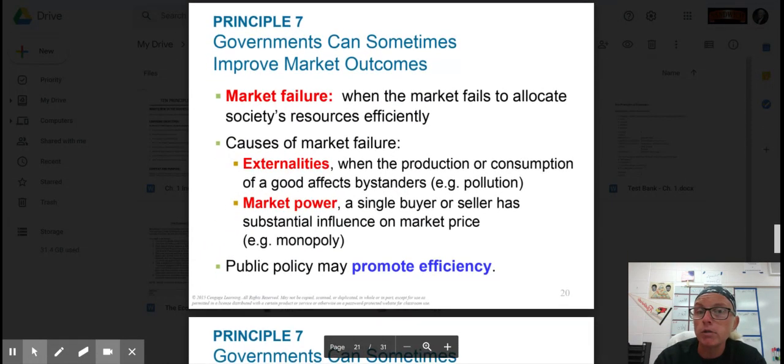Another way they can get involved is to correct market failures. The two market failures that I'm looking at are bad externalities like pollution, or when there is a monopoly. The easiest example is the Gilded Age monopolies like Rockefeller, Carnegie, Ford, Vanderbilt, where they had monopolies over certain industries, and the government stepped in and said, you can't do that. You're abusing that. That's called crony capitalism, and that's bad. Also with pollution, if companies are just chugging out pollutants and it's making people sick, the government can step in and try to fix that. Usually the way they get rid of pollution is with taxes.